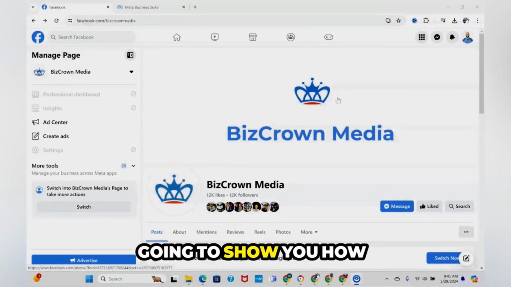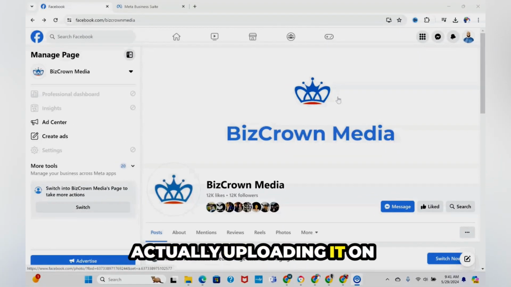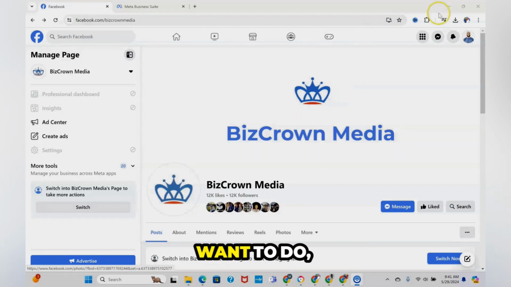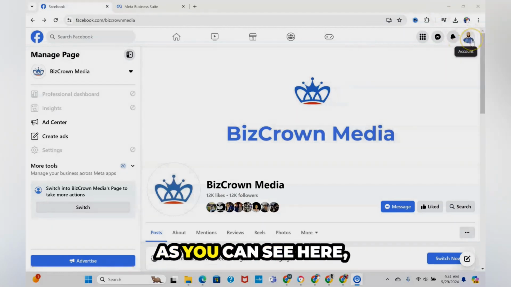The first way I'm going to show you how you can do this is actually uploading it on your personal page, which is your personal profile Facebook page. So the first thing you want to do, of course, is make sure you are logged in. As you can see here, I am logged into my account on my personal Facebook page,